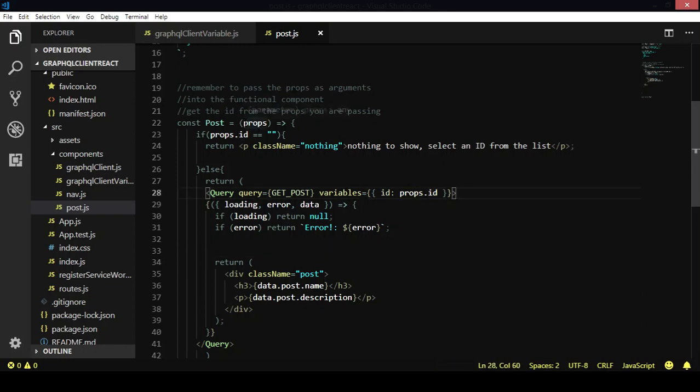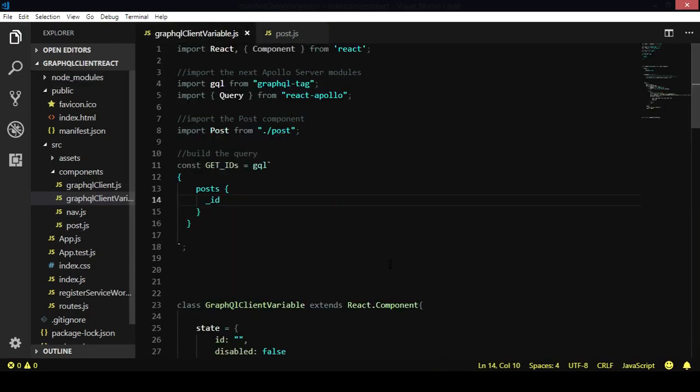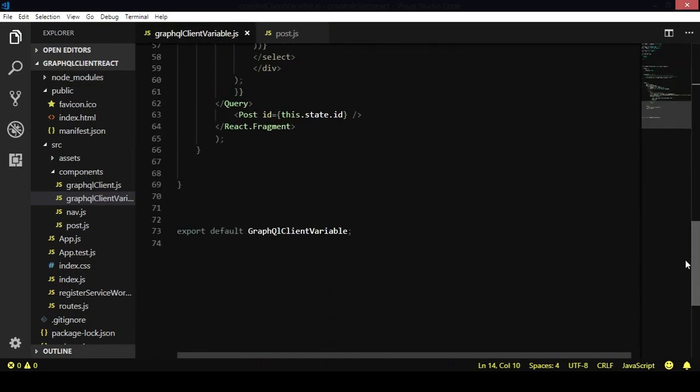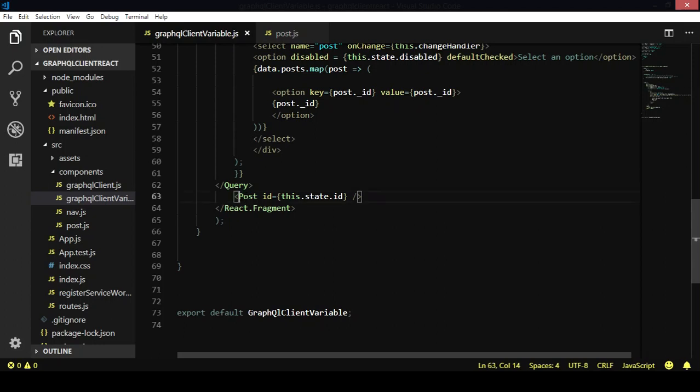Okay, in this case I'm receiving props, but where the hell are we getting these props? Let's go back to the parent component and remember that we are saying this component post, and we are passing this ID